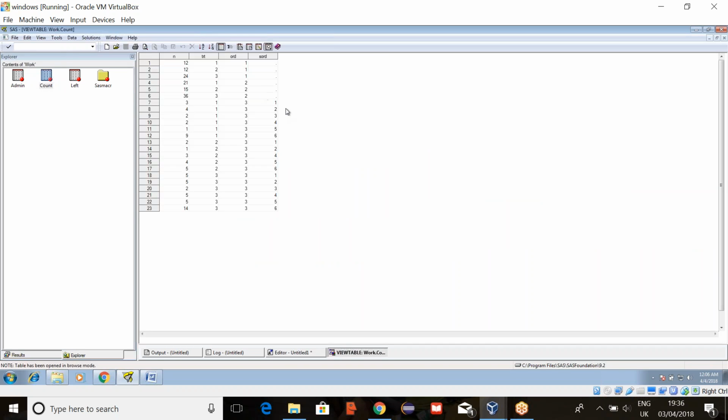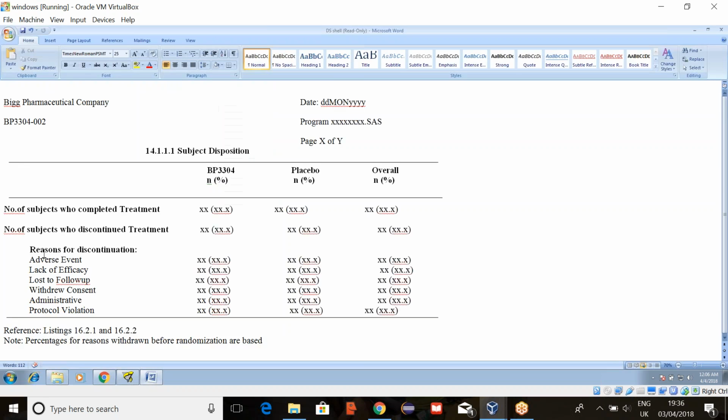See, don't get confused. Now here, wherever ORD is 3, that is for reasons. And SORD 1 means that is adverse event.